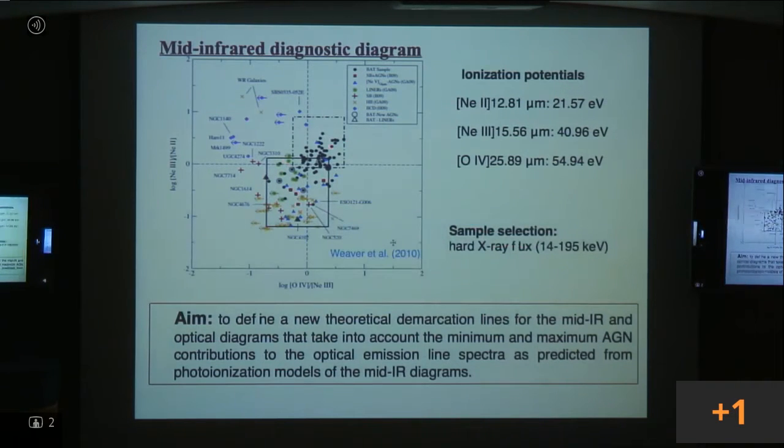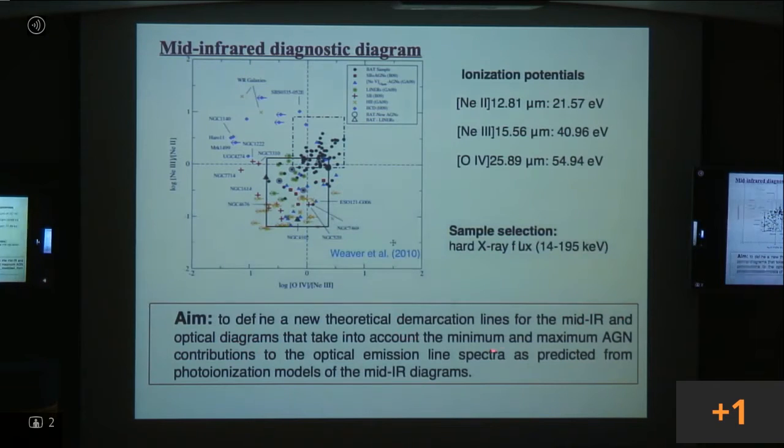The AGN sample, or the CfA sample that we represent here, was selected by hard X-ray flux. In this way, this is an unbiased sample. The aim of our work is to define a new theoretical demarcation line for the mid-infrared, infrared, and optical diagrams